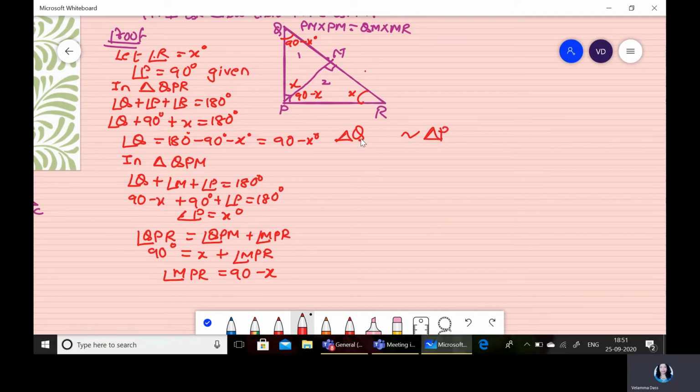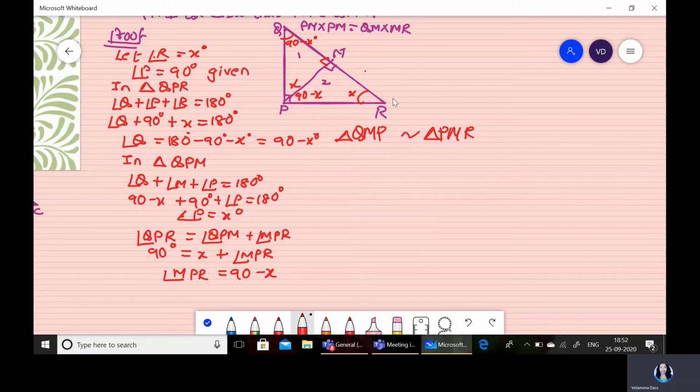So first letter, if it is Q, here it has to be P. Now in both the cases we know angle M is 90. So if I take M is 90, here also M is 90, second letter. And the third letter obviously will here be a P, and here it is x, and R is also x. So here we can prove these two triangles similar by AA test of similarity.